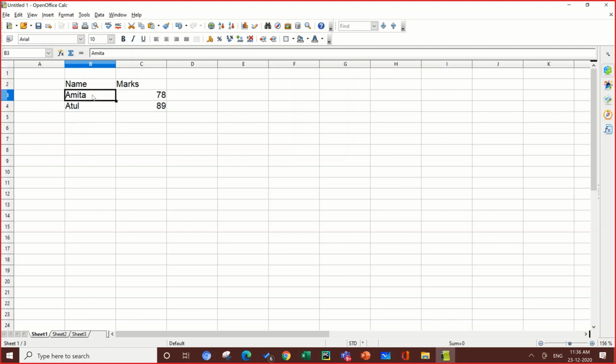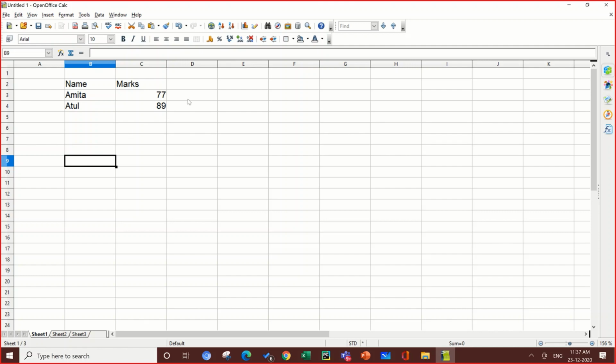If you want to replace it completely, go to the cell and just start typing. It will completely change the content. Select the cell and write the content. It will replace the content completely. If you want to replace it partially, then select the cell, go to the formula bar or double click the cell. You will come to the editing mode, change the cell.